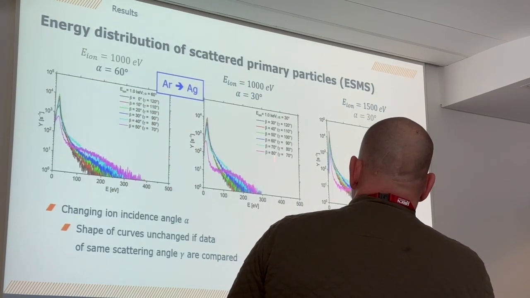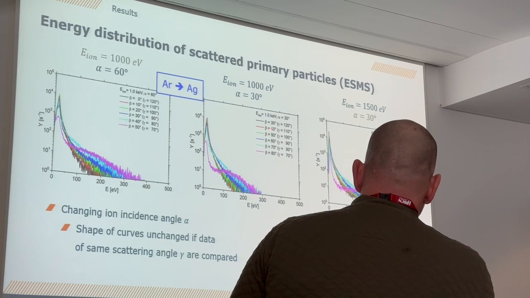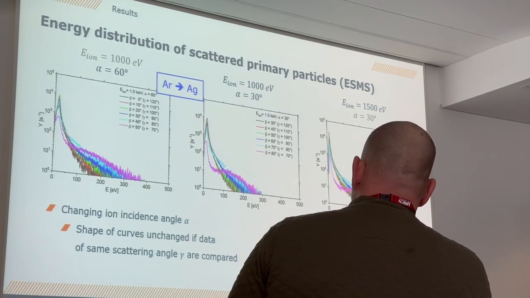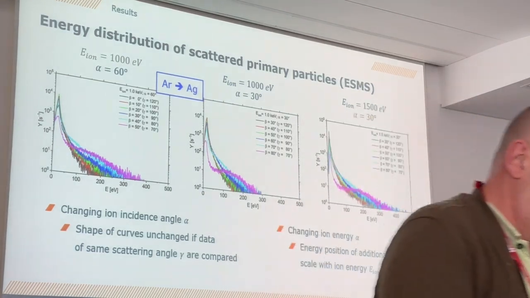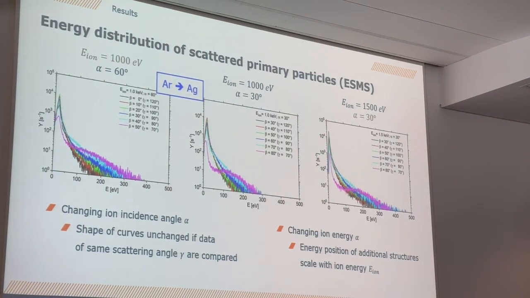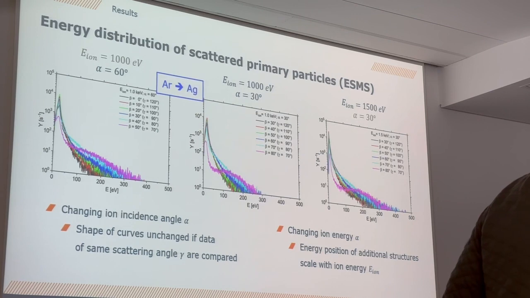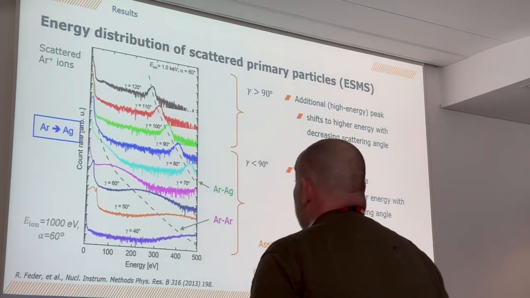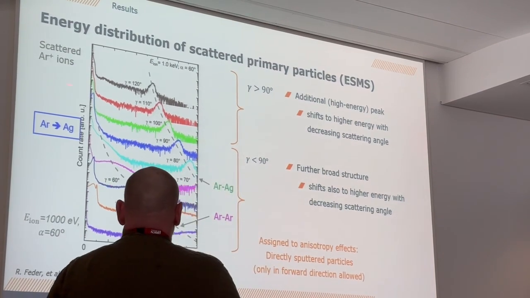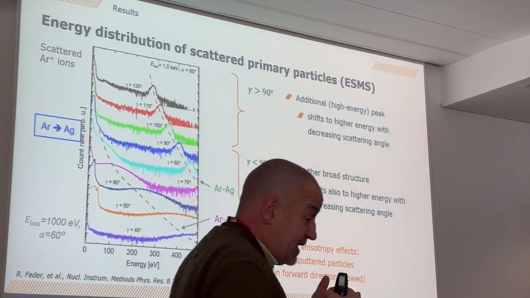If you do that, same color for same scattering angle, you see that the shape of the curves is almost the same. That means the shape of the curves is driven by the ion energy and by the scattering angle, and this corresponds to the similar formula. Now we go to the scattered primary particles, argon and silver, so we're looking now at the scattered